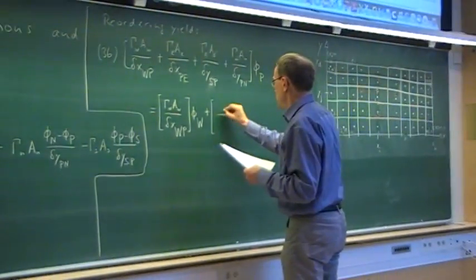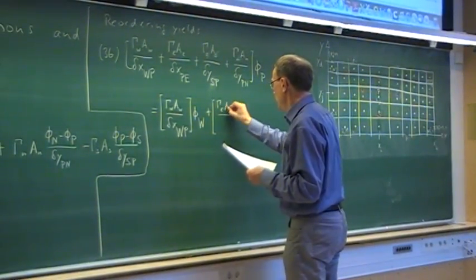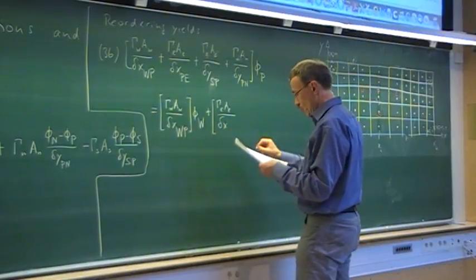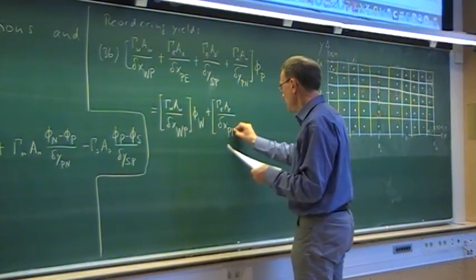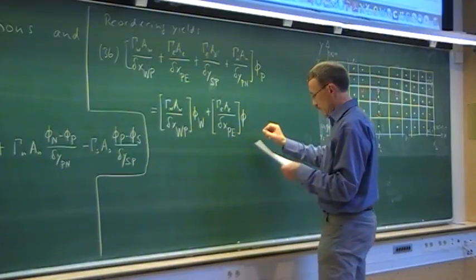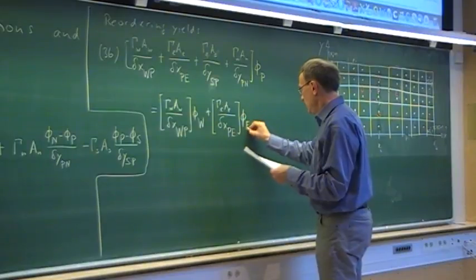And that is the gamma E, area E divided by the distance between P and E, multiplying our unknown at the eastern